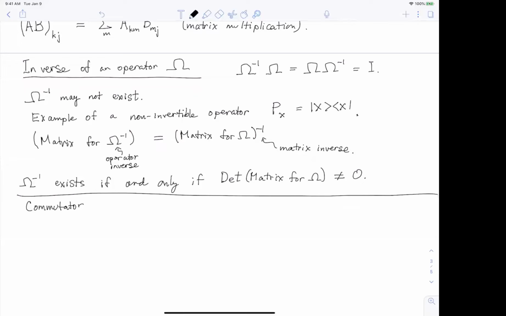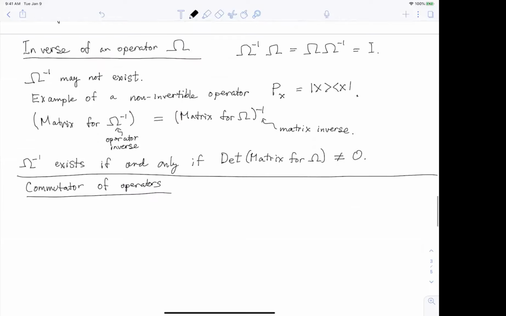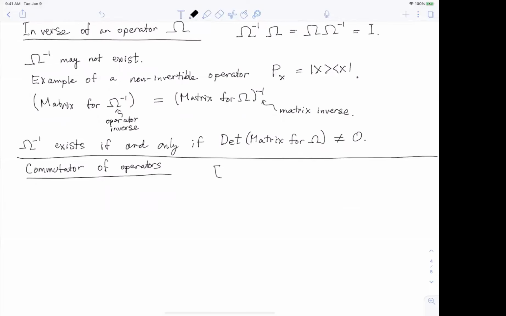All right, so we have the commutator of operators. Since we know how to multiply operators, the commutator of, let's say, A with B, which we always use square brackets for, is just defined to be A times B minus B times A. In an orthonormal basis,